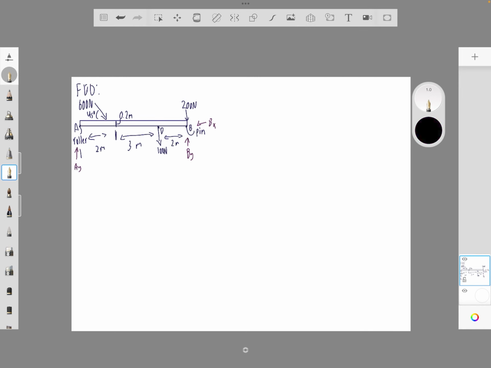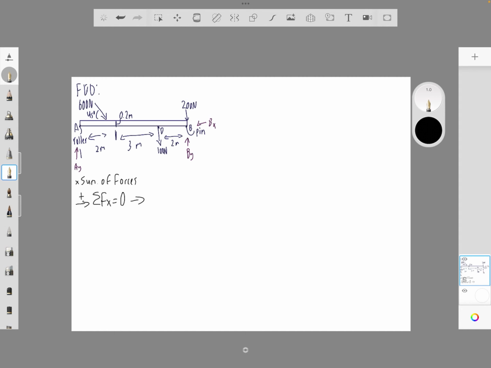Now, if you've ever seen a standard XY diagram graph, I'm sure we've all seen them in high school or middle school. We're going to be taking forces in the X direction as positive. So, the forces in the X direction should equal 0. So let's do this. The forces in the X direction, we have Bx